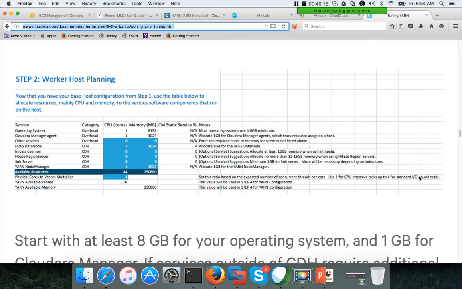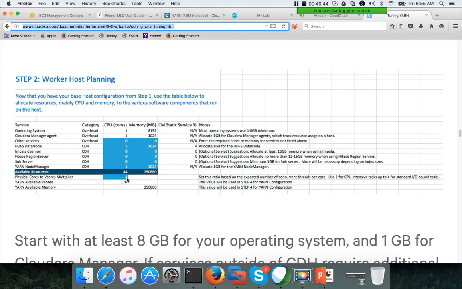So if it is an IO intensive cluster, then you can go up to 4. If it is hybrid, where some jobs are CPU intensive and some jobs are IO intensive, but not everything is either one, then you can give 2 or 3. You need to understand what type of applications we will be deploying, and based on that give this multiplier.